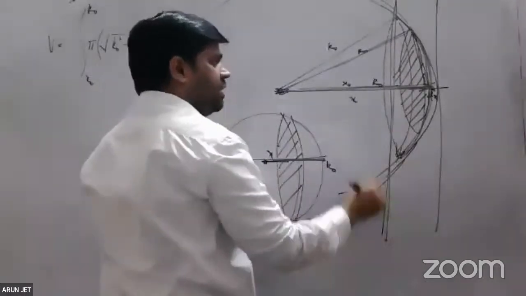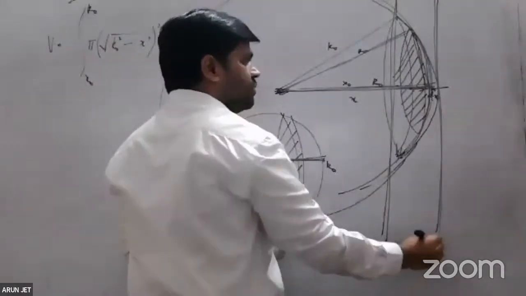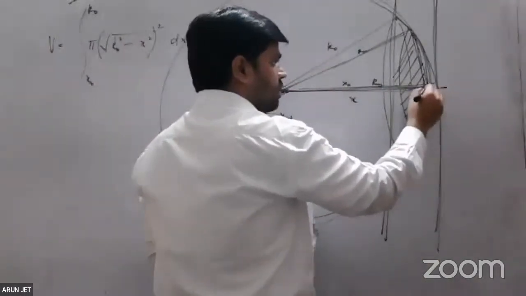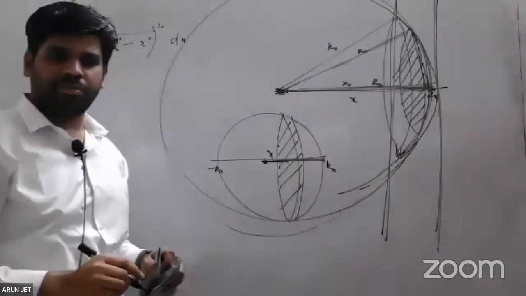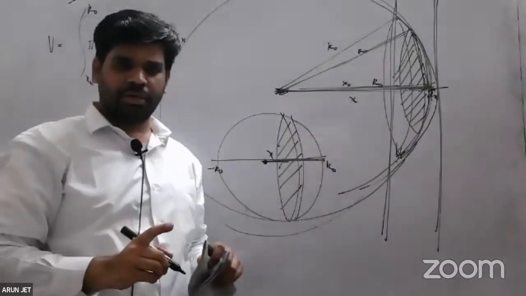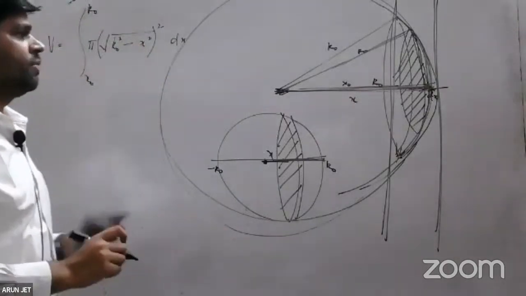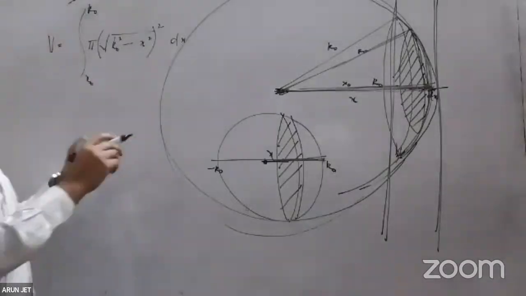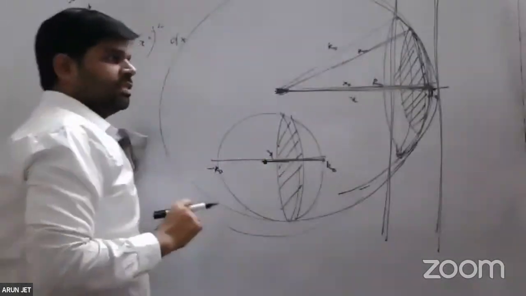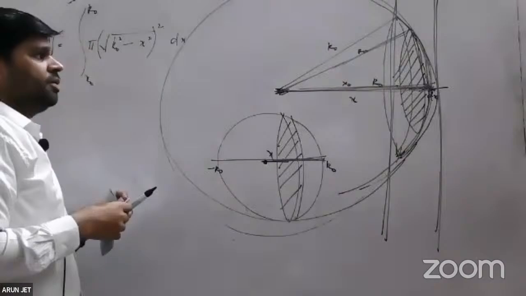How much is the distance of this plane? x naught. How much is the distance of this plane? r naught. r naught, sir. Bhavana, is it clear? Yes sir. All right. So if I integrate from x naught to r naught, I'll get the volume of the plano-convex lens. But now let us say I want the volume of